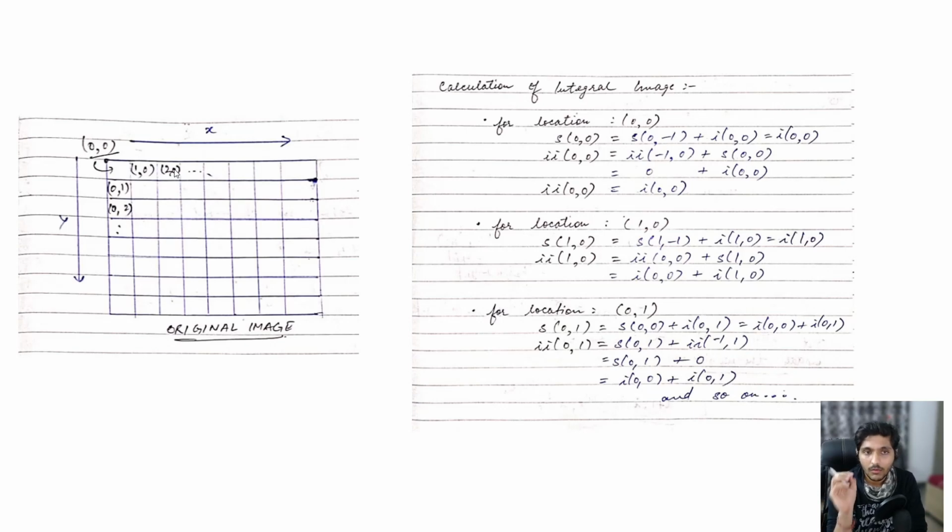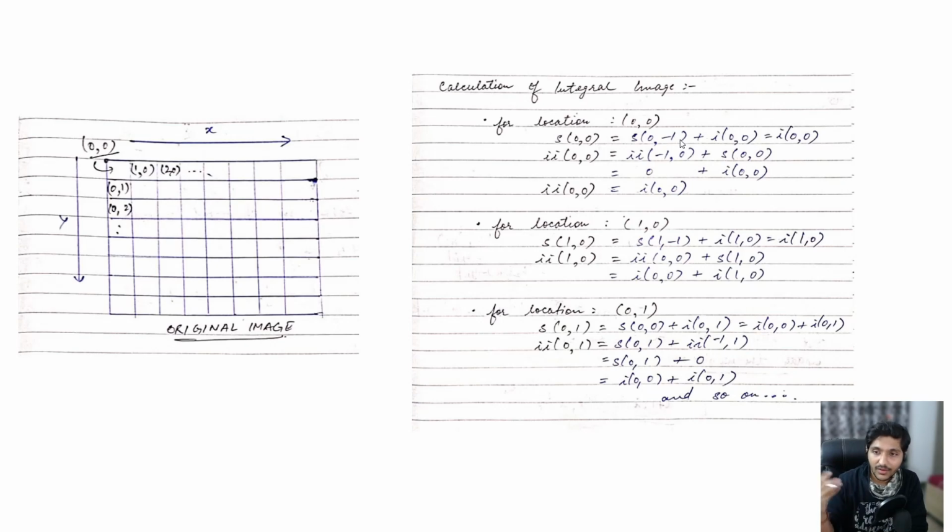Now think about this. You will get the integral image in one single pass. That means you will iterate through each pixel only once. So let's start iterating. We'll be iterating through 0 comma 0 first. That's the origin. So let's start with location 0 comma 0, and in the right image you can see I've done it for 3 locations. If you take a look at 0 comma 0, and if you remember the formula,